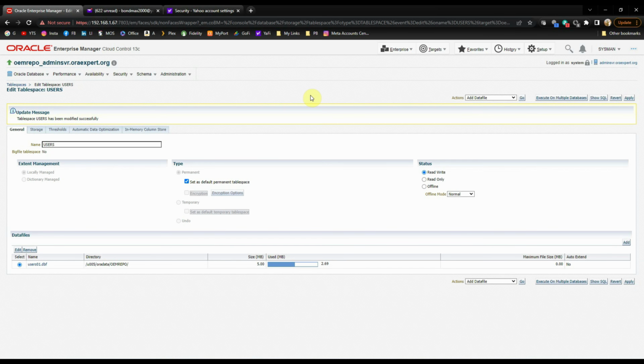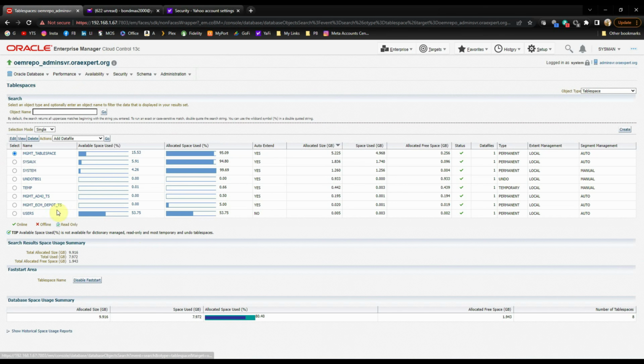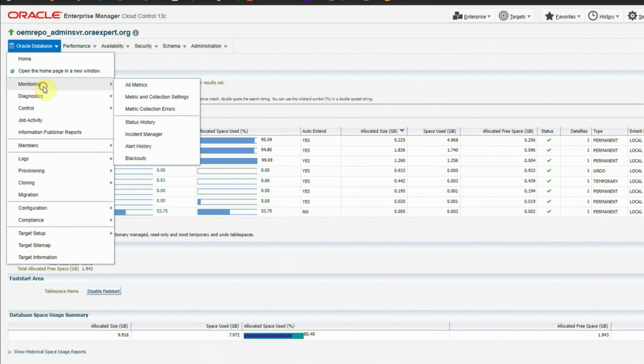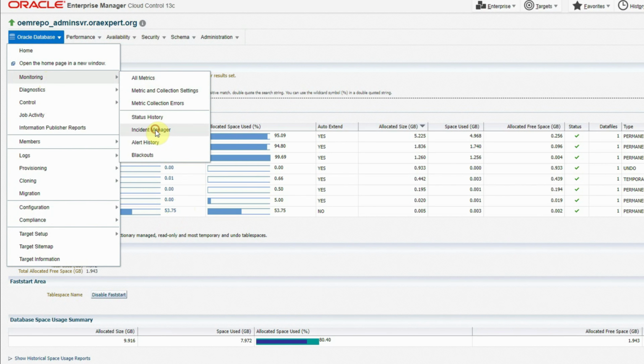has crossed our warning level. And tablespace users has been modified successfully. Let's go back to the tablespace list, and for users, let's see, now it is 53%. So it means we are likely to receive one warning alert because we have set the threshold for warning at 50%. So it has crossed that threshold, and now we will go to monitoring and the incident manager for this